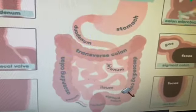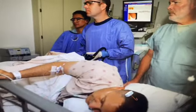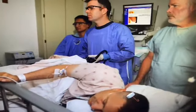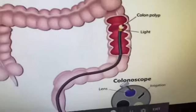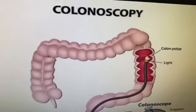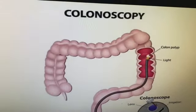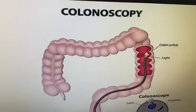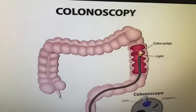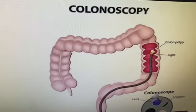Now, how do you check your colon health? That's easy. Yeah, go look at it. Yes, that's right. You can imagine where they've stuck this machine. But yeah, this is called a colonoscopy. A colonoscopy is what people have in order to check the health of their colon. Usually, they recommend everybody who reaches a certain age gets one every few years. And the purpose of colonoscopy is to look for